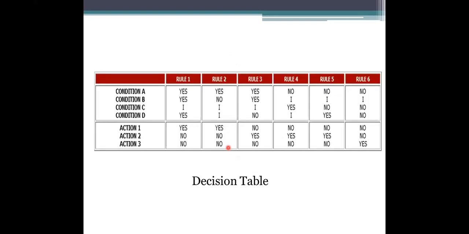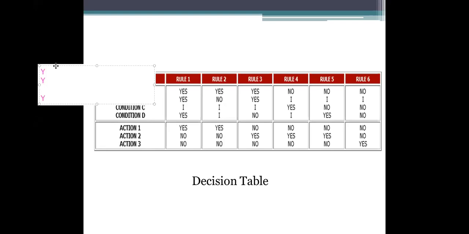So what do we need to do? We need to expand the cases here. How am I going to expand them? First, we need to represent how many cases it is using. It is using 6 such rules. Let's see the first rule. In that first rule, what are the values of A? A is specified as Y, B is specified as Y, leave C, and D has been specified as Y here.